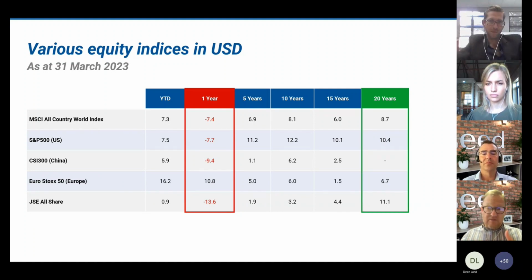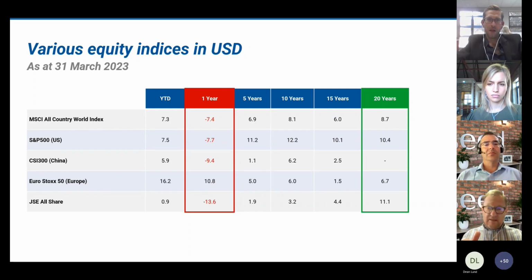If I extend out the periods a lot longer, the S&P has been one of the best, and that's obviously the US markets, the top 500. That 10% has been fairly sticky over long, different periods. I can go 25 years, 30 years, that 10% is there. If we look back over a more recent past, and the recent is a long period, 10 years, 15 years, the JSE is a lot more muted. And we'll touch a little bit on that as well when we look at some of the detail.